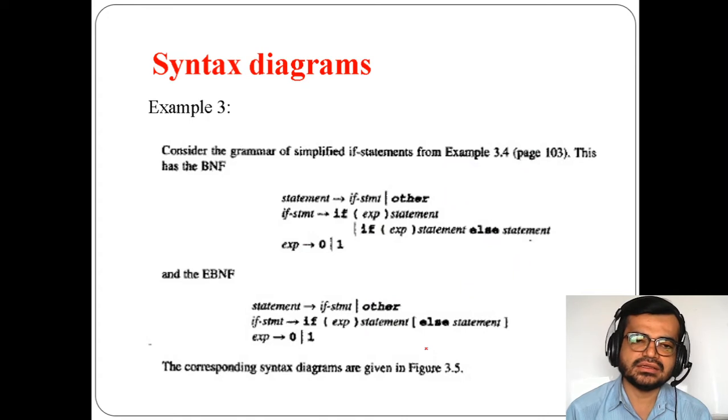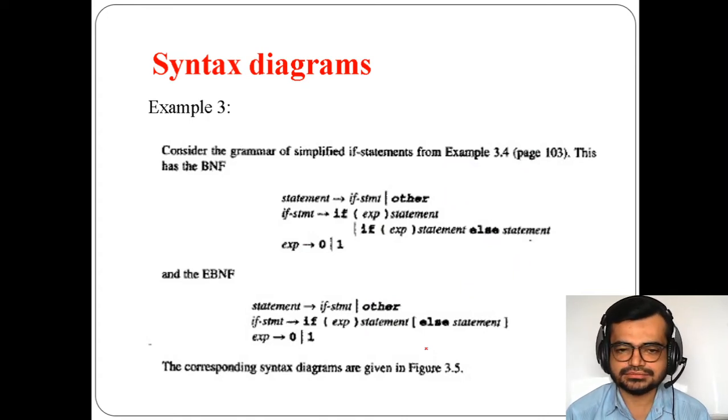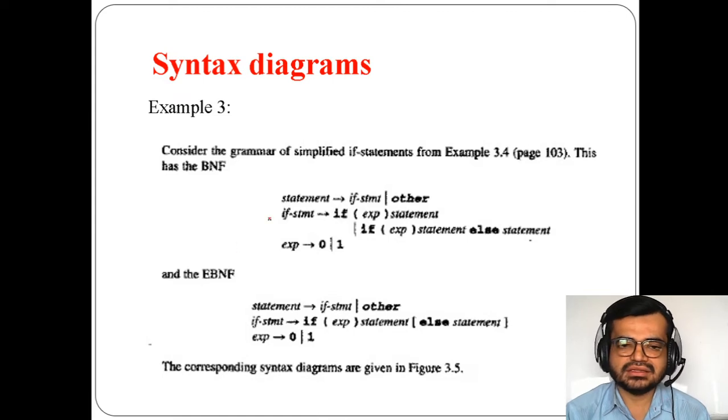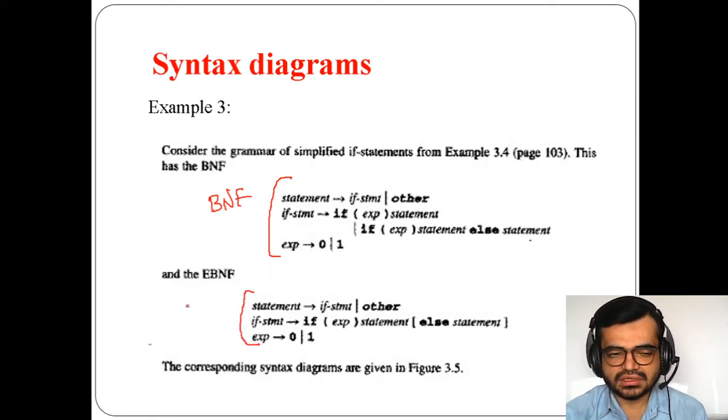Similarly, let's go with another syntax diagram example. This is an example which we have given here as a statement. This is actually your BNF, and this is how you have converted it into EBNF.